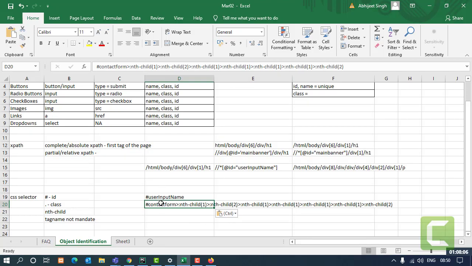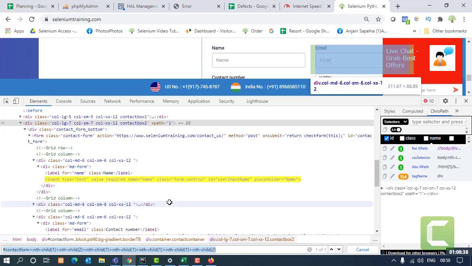This is how it looks. Nothing much changed, just the numbers of the child are changing. Rest is everything the same. We have not used tags over here, so it's very simple. But if you want to use tags for your understanding, because nth child may be confusing at times, people do use the tags along. What you need to be careful about is that the tag name you are going to give is the correct tag name or not, right?